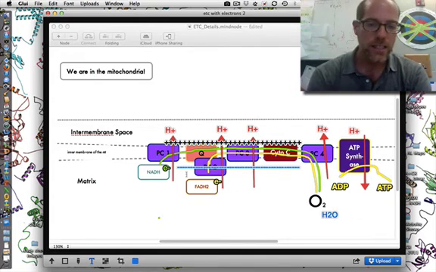So I know that's a lot to take in. That was not my best lecture. It's easier with a whiteboard and a dry erase marker, but I think you get the point. The biggest point being, as electrons flow, hydronium ions are pumped against their concentration gradient. This sets up an electrochemical gradient along the inner membrane of the mitochondrion, and then that gradient is tapped by ATP synthase to make ATP. And without putting too fine a point on it, that is a great example of chemiosmosis.